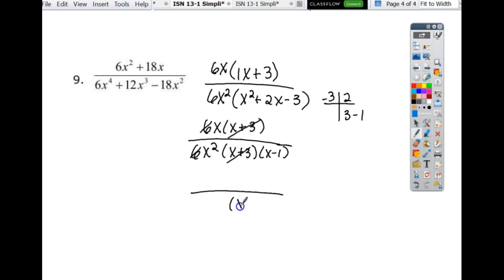What happens? So if I have 1x on top and 2 x's on bottom, what cancels? This x cancels with this, and what does it leave me? Just 1x on the bottom. So you end up with 1